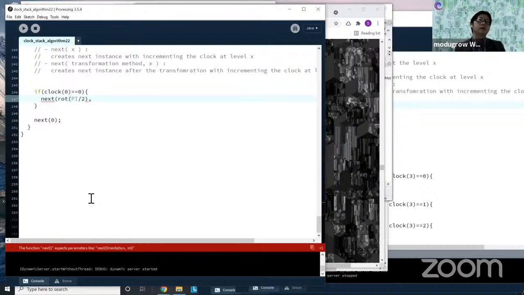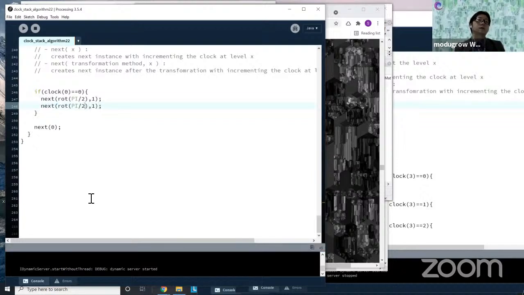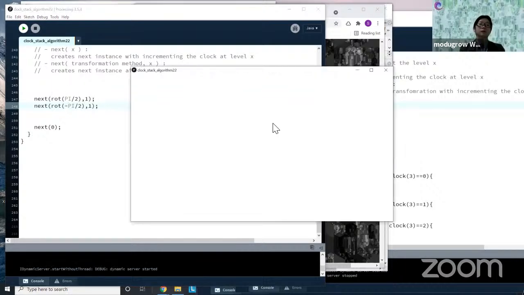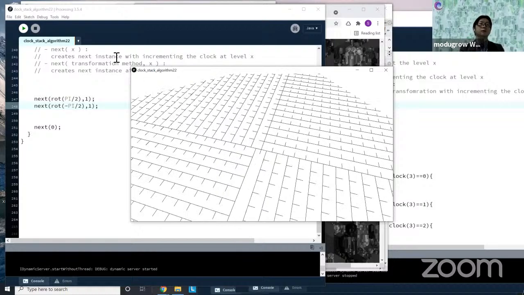a rotation of 90 degrees and then change the clock. So what I'm trying to do is... actually no, that's not right. This happens every single time. So, okay, then the other side. So this actually now going to